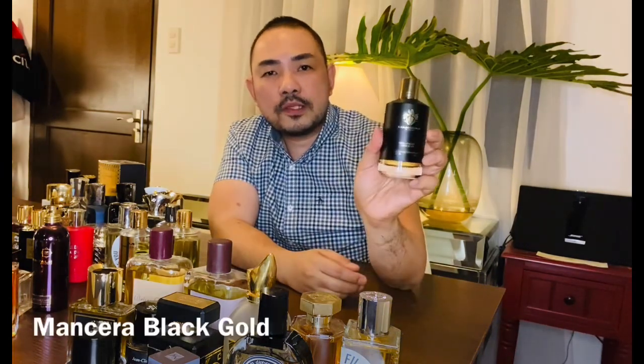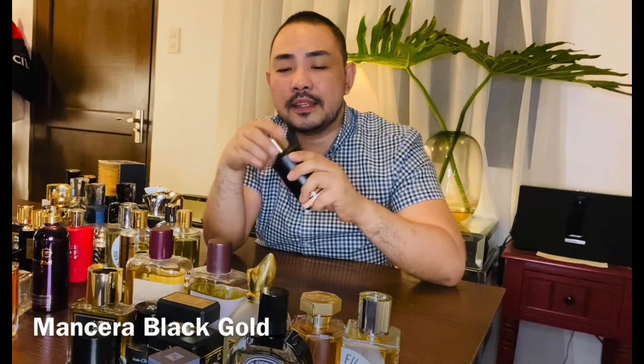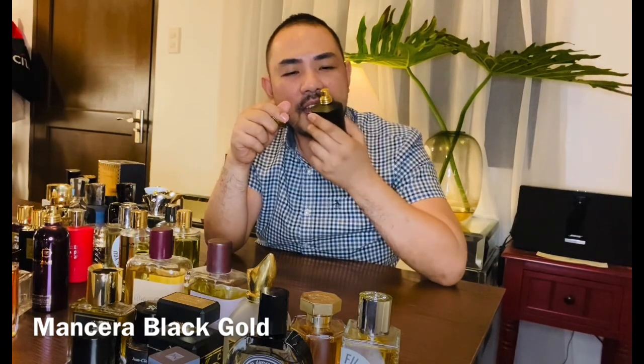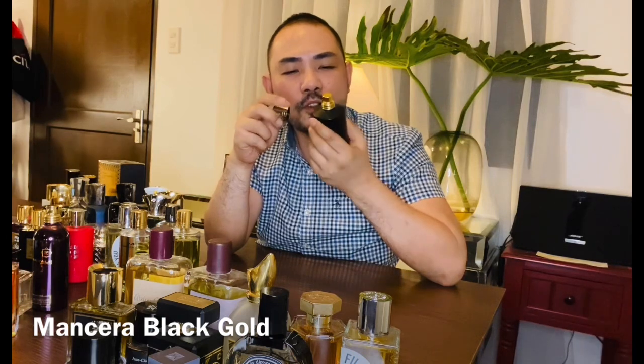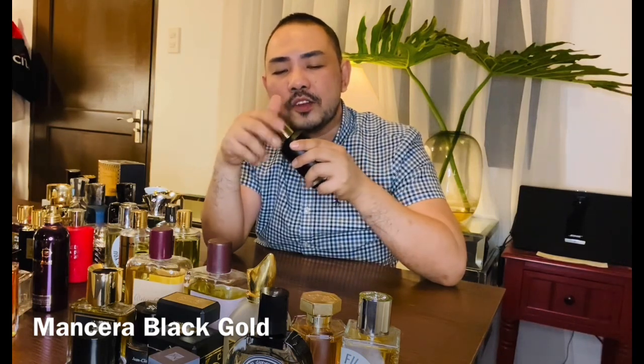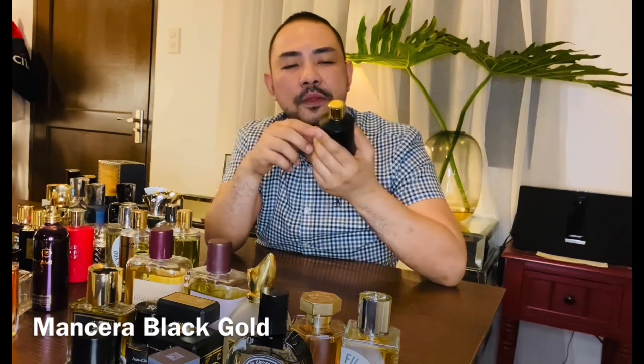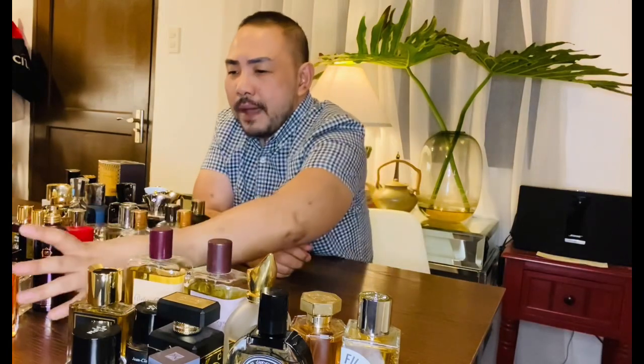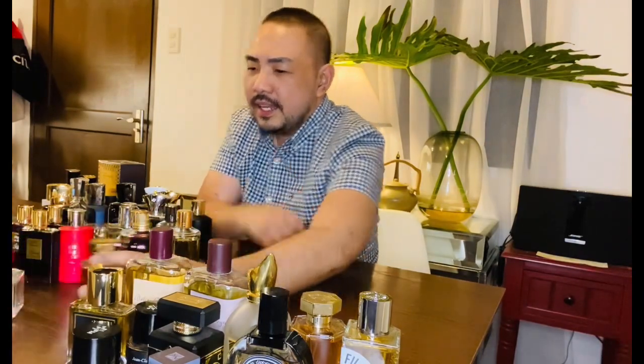This one is also from Mancera, and it's Black Gold, and this one is nuclear in terms of sillage. I get a lot of compliments with this, although someone described this as smelling like toilet cleaner, but I really like this. Okay, so going back to these three,